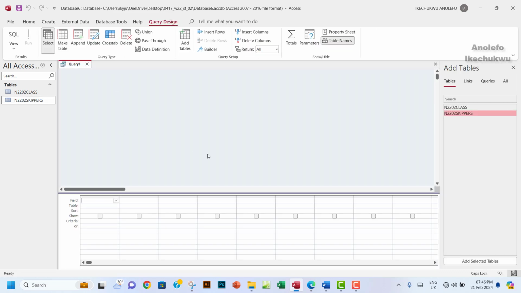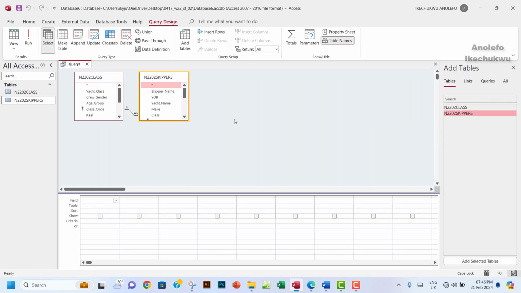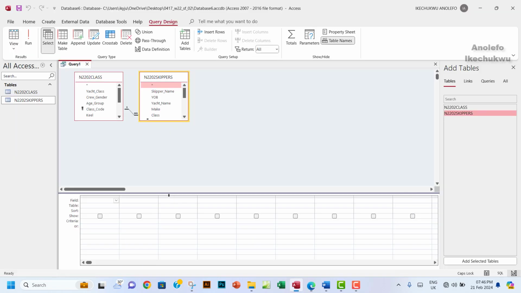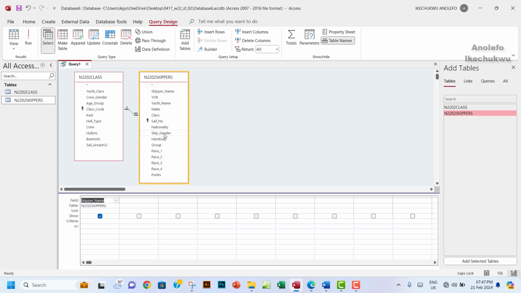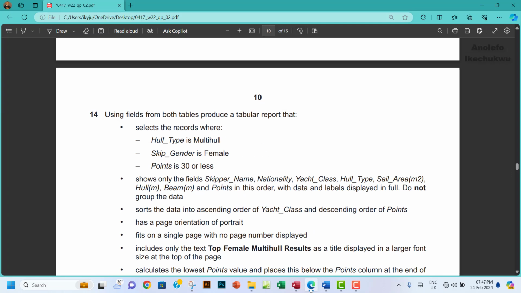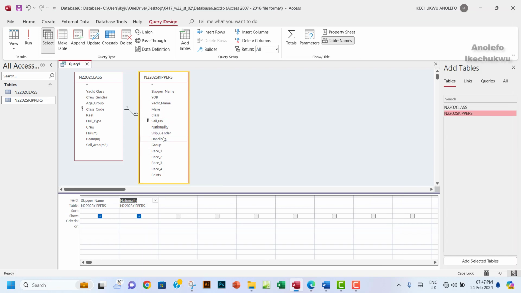create, and then I'll have my query design. I need to create a query based on the two tables here. So let me choose my fields, skipper name, nationality. Let me just make sure everything here is showing. First of all, is everything showing? Yes. Okay, so skipper name, I'll double click on that, and then nationality, that will be the next one. And then I have yacht class and hall type. Yacht class, where are you? Yacht class, okay, and then hall type here,